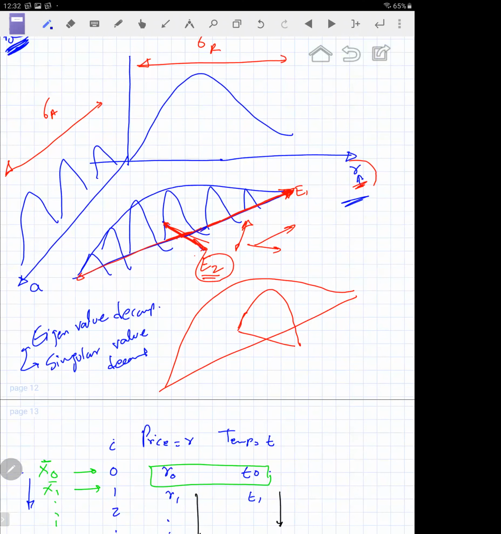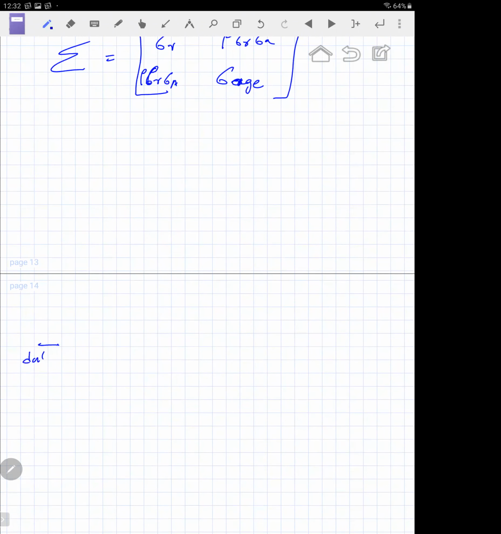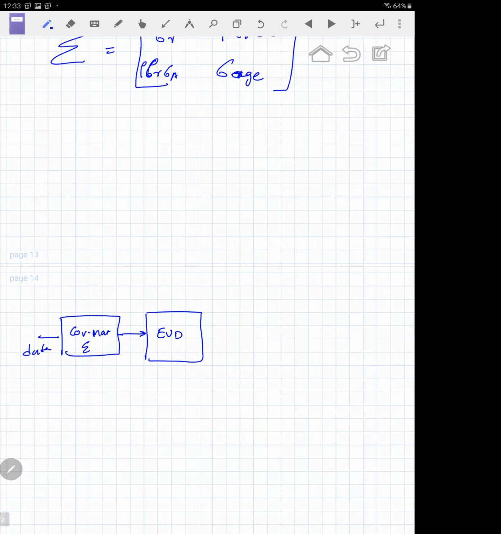Good. What the eigenvalue decomposition generates is, you feed it a matrix, and let's draw a block diagram here. So you take the data and you compute its covariance matrix based on the data, which is this sigma. Then you apply this linear algebra processing, which is called the eigenvalue decomposition. And when you perform the eigenvalue decomposition on your covariance matrix, you get two things. First, you get your axes, which are called the eigenvectors. Let me just write the whole thing.